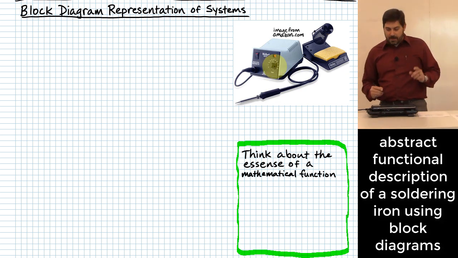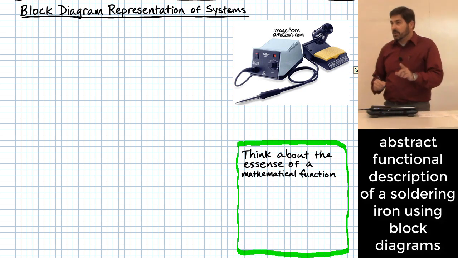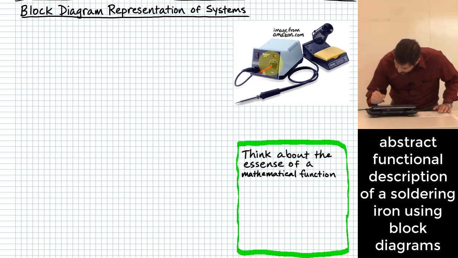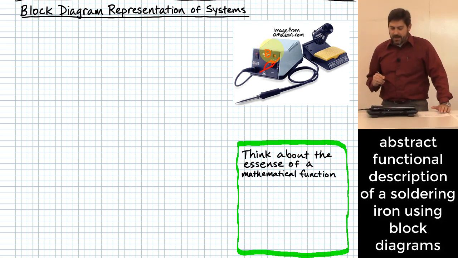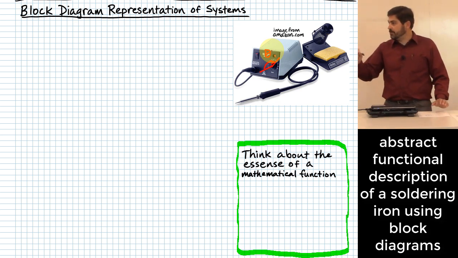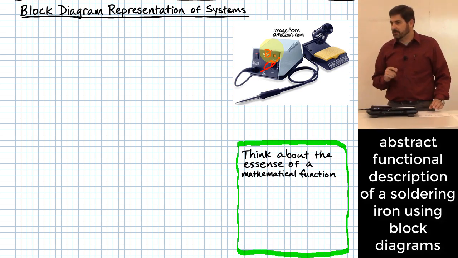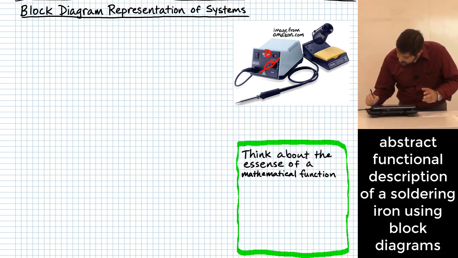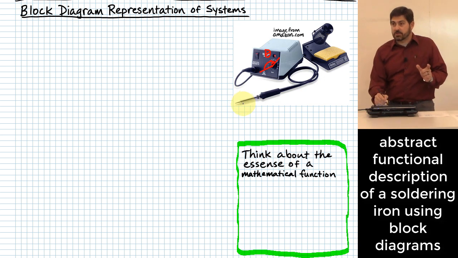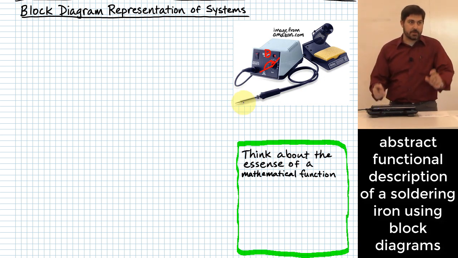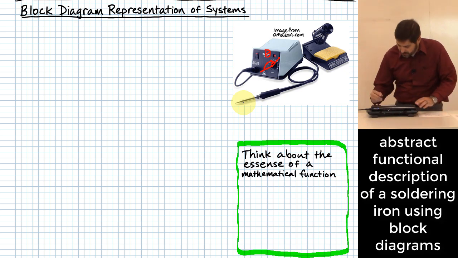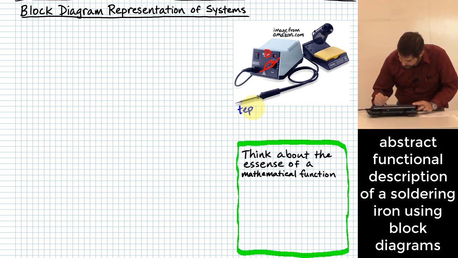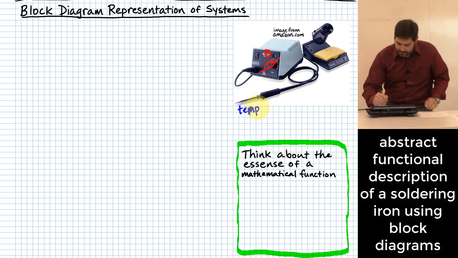So let me abstract some of this and say, you as a user, you get to specify what angle this knob is at, right? Let's call that angle theta. That's your input into the system, right? You get to control that angle of that knob. Okay, and then what happens as a result of putting that knob somewhere? Changes might happen to the temperature, and probably what it's going to try to do is get to some specified temperature based on the position of the knob, right? So I'll just call this the temperature of the tip